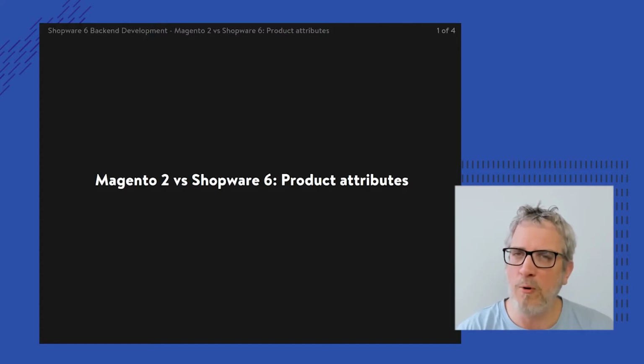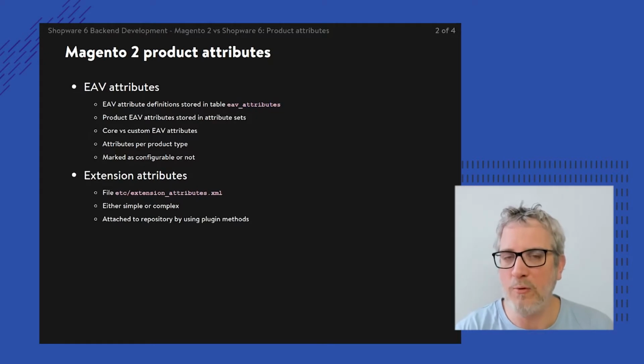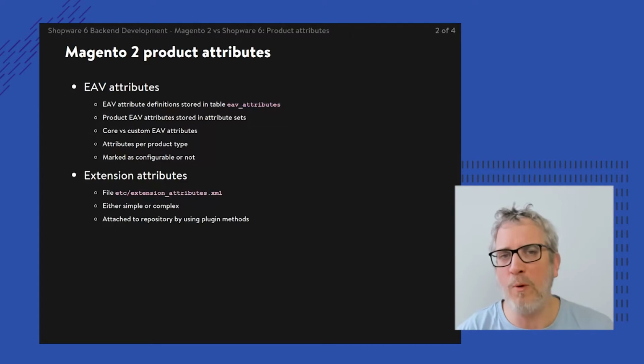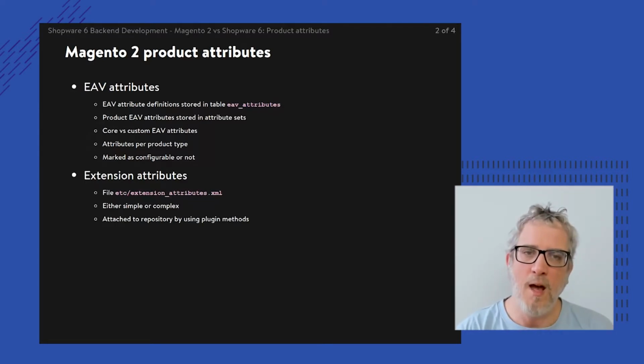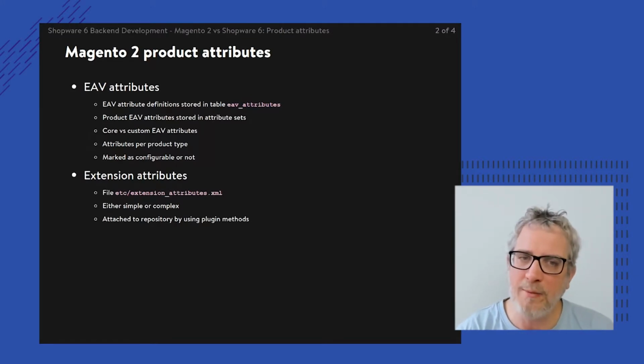And maybe the wording of a product attribute is already a little bit wrong, because actually an attribute is a wording used by Magento and not necessarily used by Shopware. So first of all, there's a huge difference between the terminology that we're actually going to discuss. First, a little bit of an overview of what Magento is thinking about all of those product attributes. There's this differentiation between EAV attributes and extension attributes.